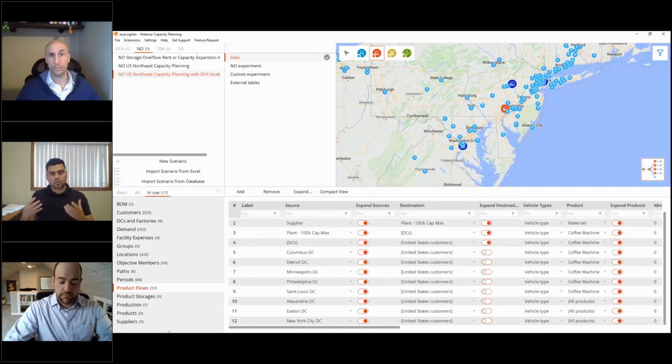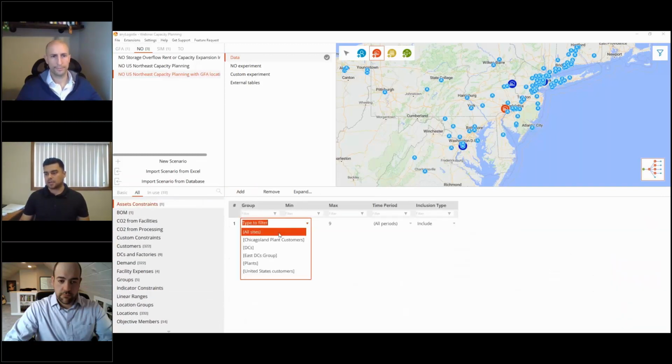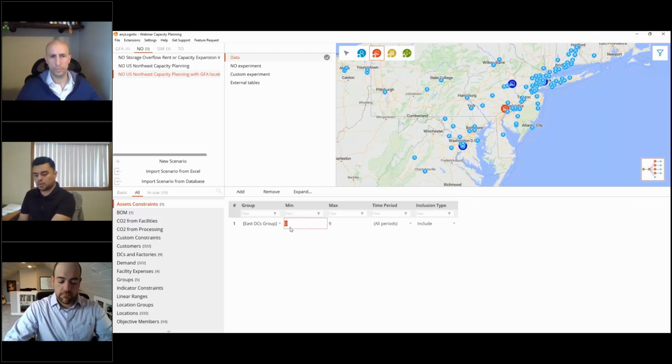Now, the one thing is when we run the model, imagine that maybe the optimal is 3 sites, but maybe we only have a budget for 2. So let's make sure we set up an asset constraint, which is another rule. Let me go ahead and do that. I'm going to suggest that in the East DC group, of these 4 DCs, we only want 1 to 2 sites. Obviously, we definitely need 2, but let's say we don't have the budget to add a 3rd one. So we have to be precise, and we want only 2 to be selected. Tell us which are the 2 optimal ones.